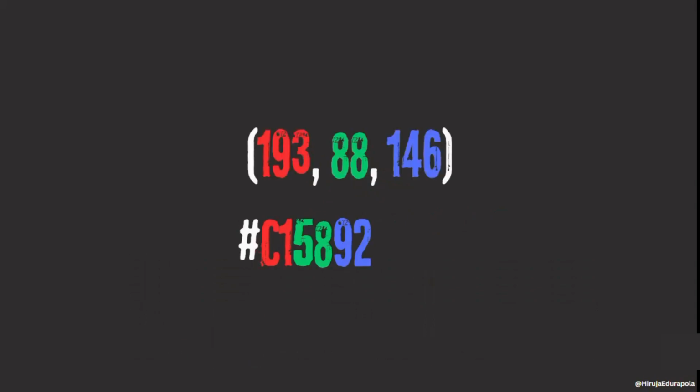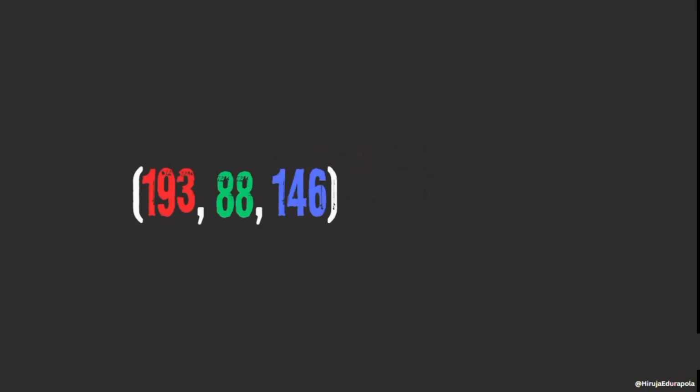Okay, now we have our hexadecimal color. So this is the final result. The RGB value 193, 88, 146 is equal to hash